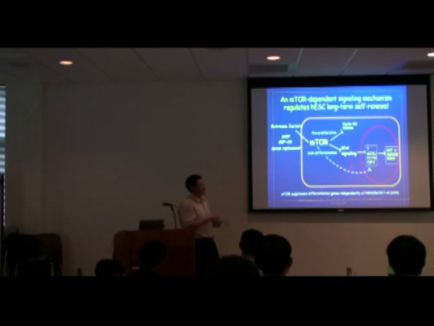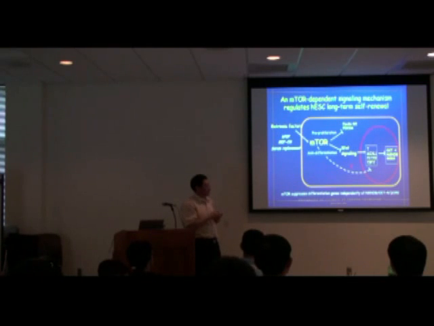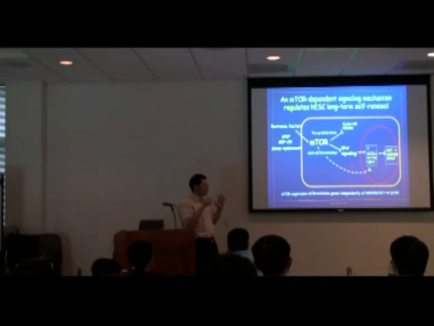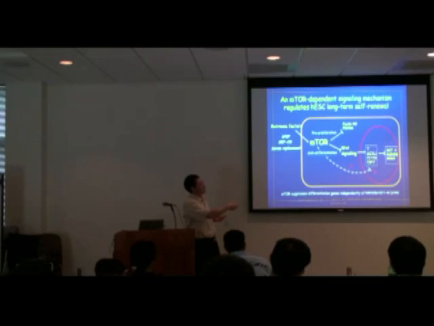But one thing I wanted to make is the following. We mentioned that in the paper, but really some of the reviewers were not very happy. But we think that the pluripotency network is very complicated. And everybody knows that OCT4 and SOX2 are very important. There's no doubt about it. I mean, you take it away, cells differentiate. But I just don't think that this is the only circuitry that is important. And if you look at this scenario, you realize that mTOR can pretty much suppress this subset of differentiation genes separately from OCT4 and SOX2, right?